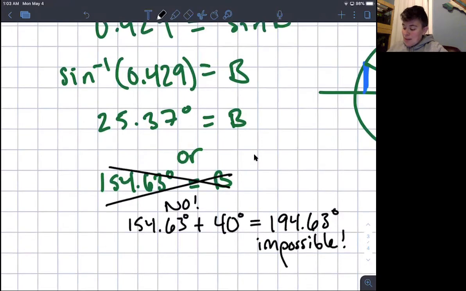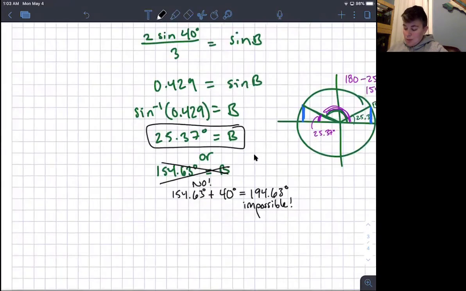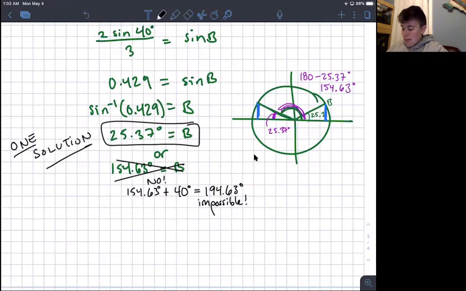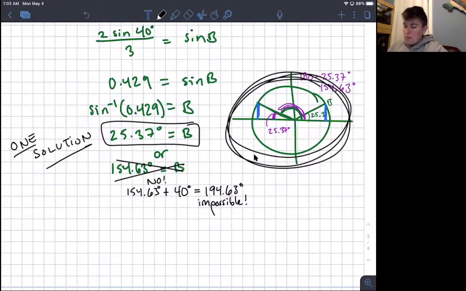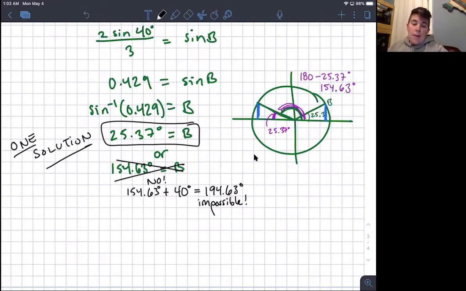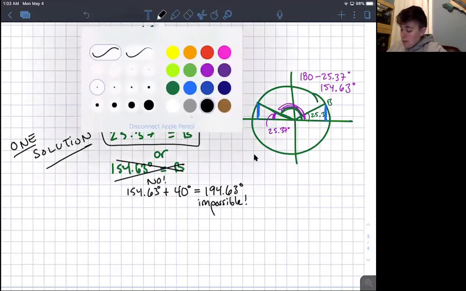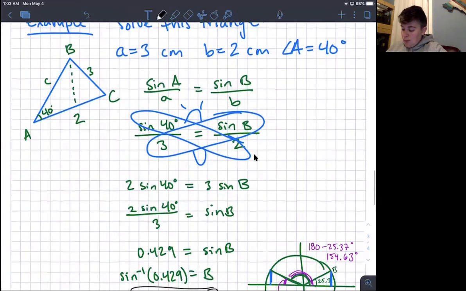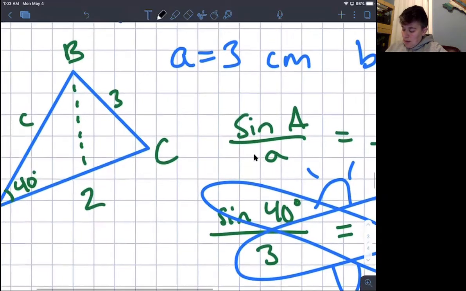So that means that this solution is going to be the only possible solution. So I know that this triangle is going to have only one solution. I did my little test to figure out that I have two possible angles for my inverse sine, but only one of those angles is going to work out. So then, using that, I know that angle B is